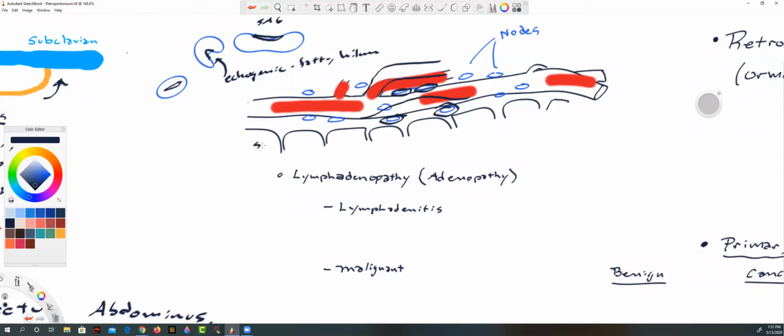Now this is supposed to be spine down here. That looks horrible. Okay, so